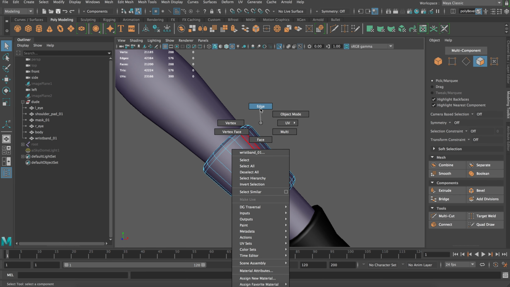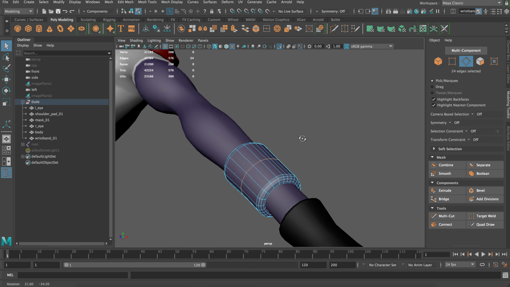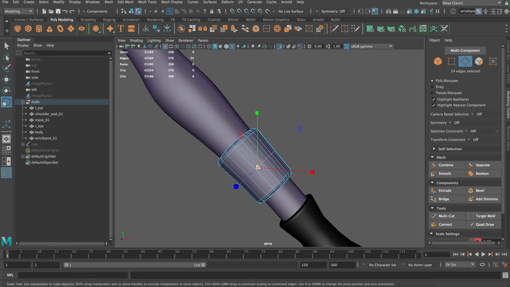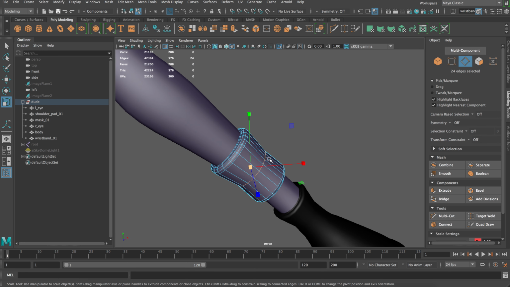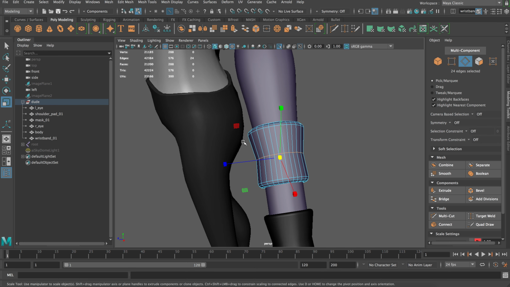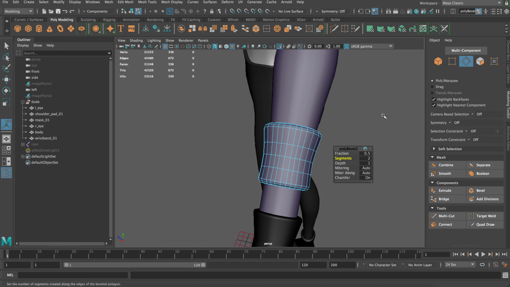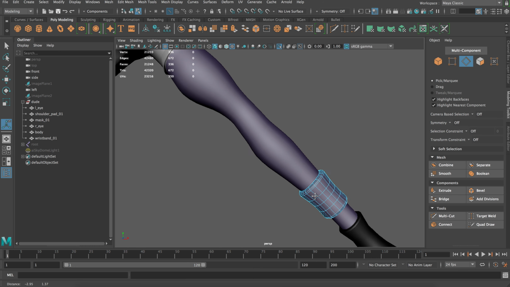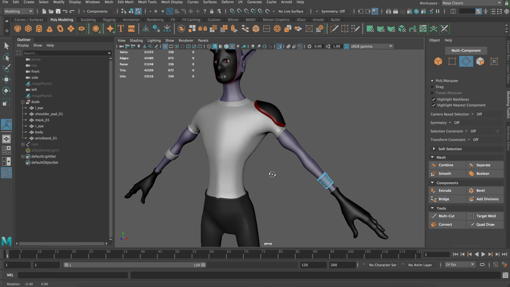Maybe we come in here, grab this edge loop. Maybe we want to add just a little bit more definition to this guy. Pull it in a little bit like that. Make it feel like it's kind of scrunchy. There we go. Now you've got a new model sitting on top of the existing model